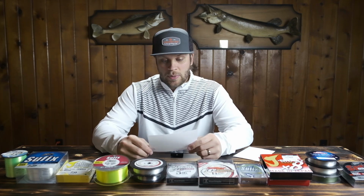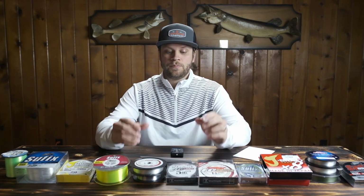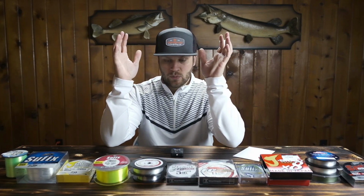What do you do if you are hooking into fish but losing them before they get to the boat? Okay, well that all depends. Let's throw out some scenarios. So the question here is, what do you do? You're hooking into fish. I'm assuming that means that you're getting them on, you're bringing them in, but you're losing them before you get to the boat. It all depends. If you are using a fluorocarbon leader, the first thing that you can do is switch to